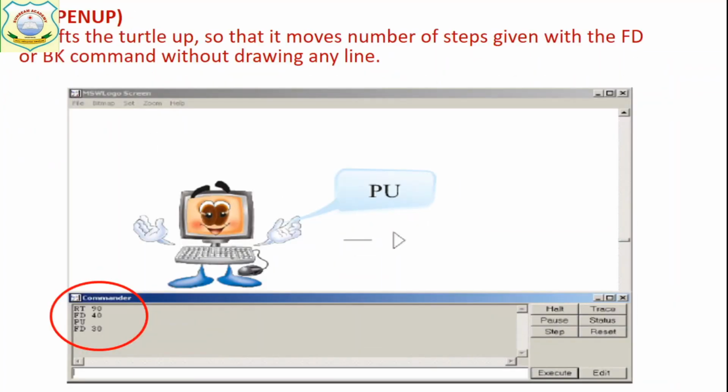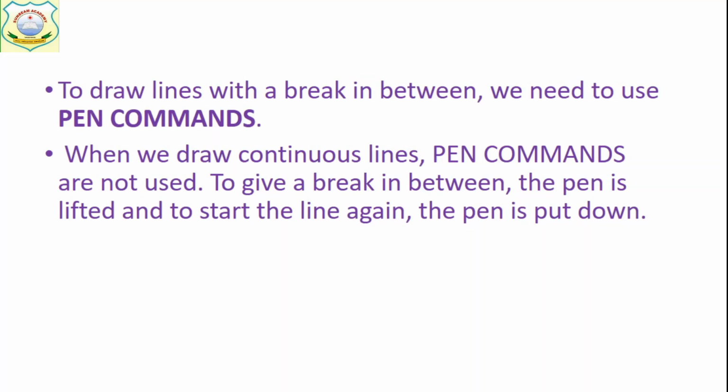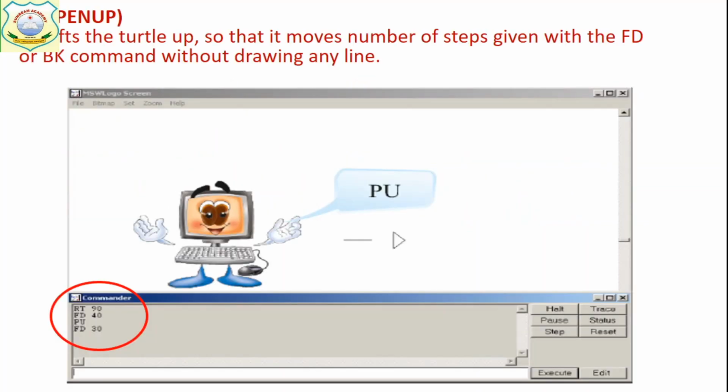See, when you want to draw a discontinuous line, okay, what you will do, आप अपना पेन अप कर लेते हो, तो that PU will do for you. What PU will do? PU command will lift the turtle up, और उसके बाद when you write FD 100, BK 100, whatever, turtle will move but without drawing any line. Got it? When you want turtle to move without drawing anything, then you use PU. PU means pen up command.